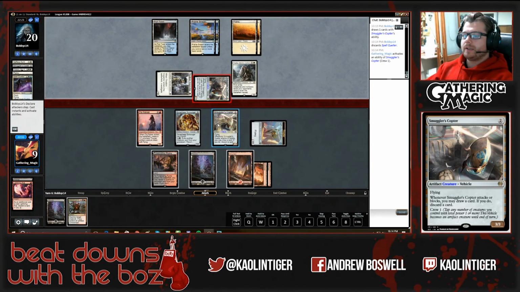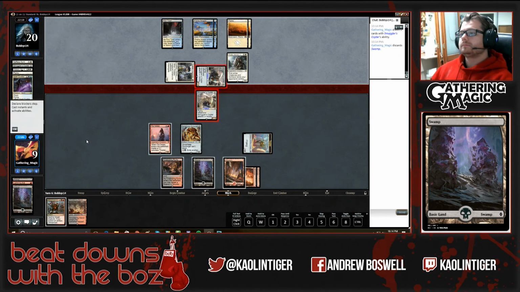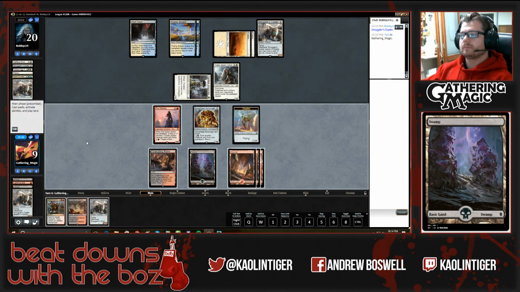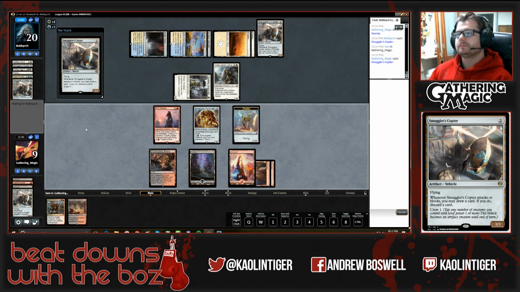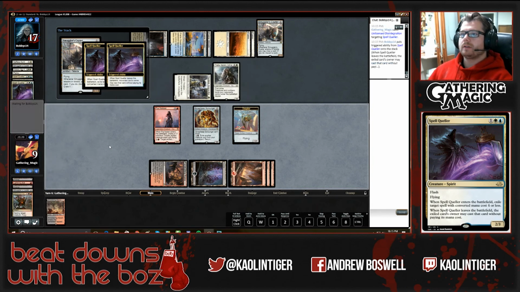So if our opponent has an Abyss in here, we'll probably Unlicensed Disintegration the Smuggler's Copter in response to the trigger. Oh, that's not good. So what do we do here? Does this get Spell Quellered? Huh? So I think that I just want to kill this now in case our opponent has a